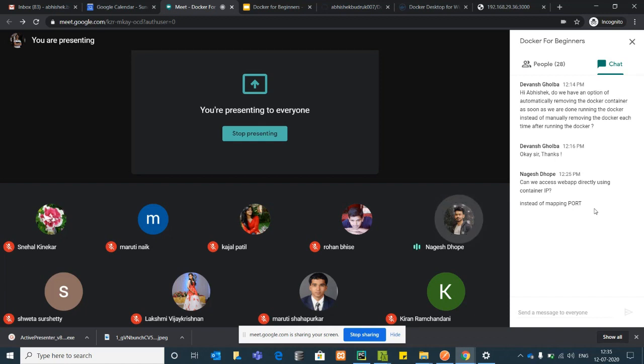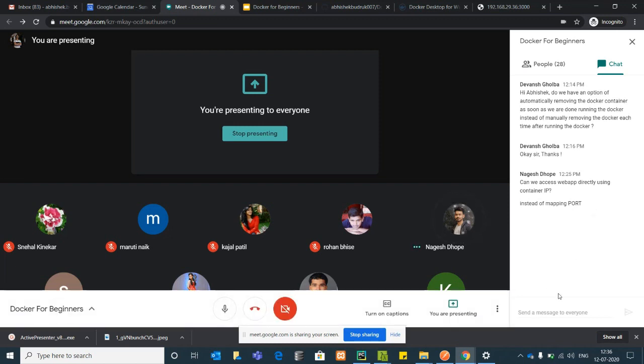Yeah, I had a question because let's say you have a database service, and there are multiple database servers running on the same port on multiple containers. Then it won't be a feasible solution to map. To solve that problem, we can even use the container host names.